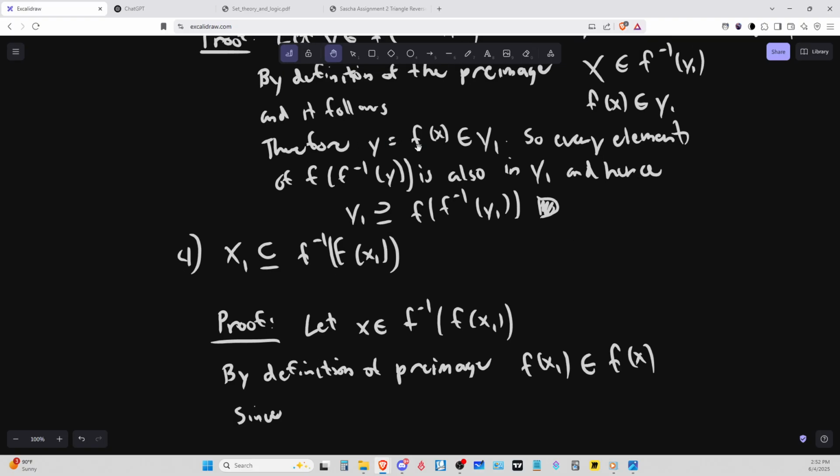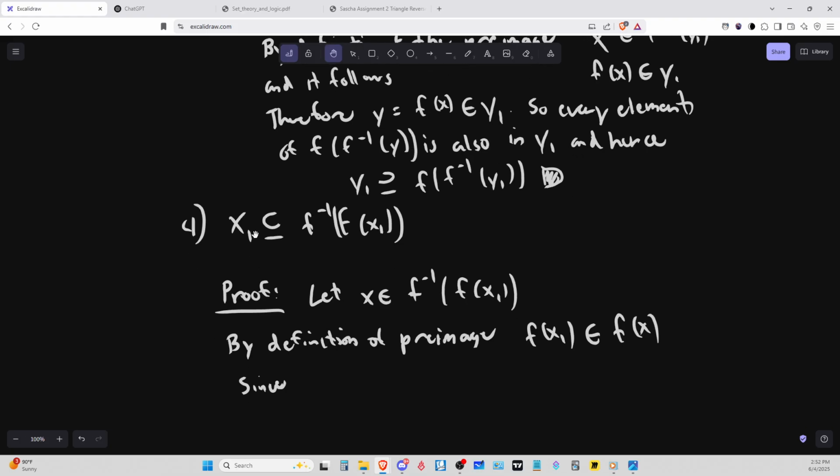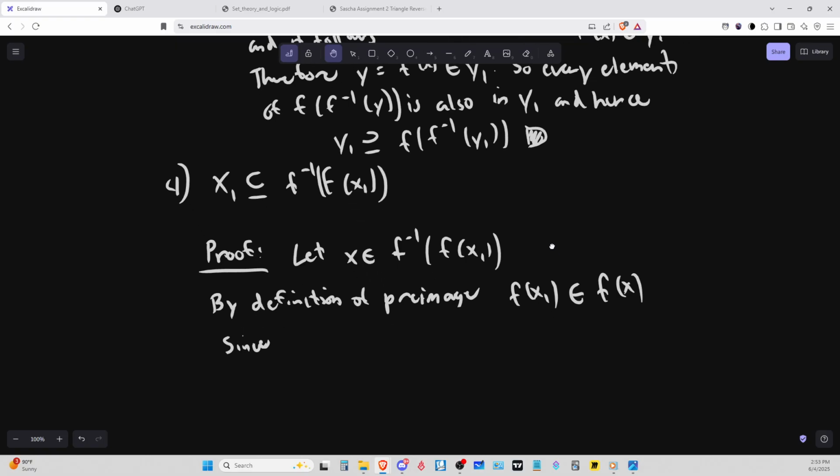So in this case we have y, so y is equal to f of x, and it's an element of y1, but now we have to show that this part is in x1. So if f of x1 is an element of f of x,